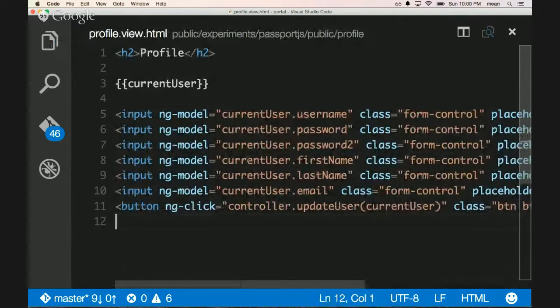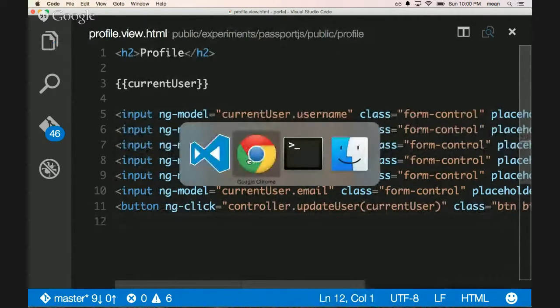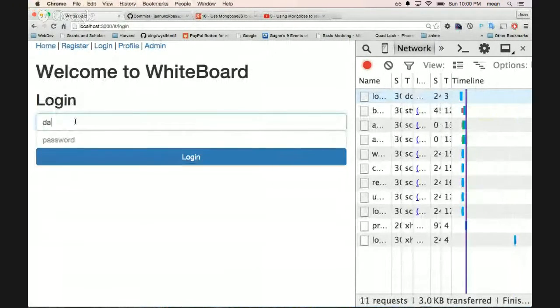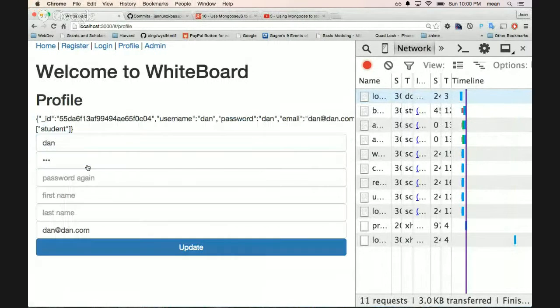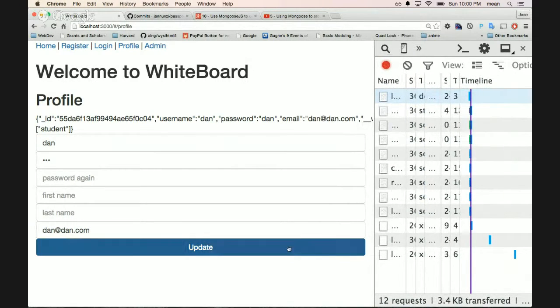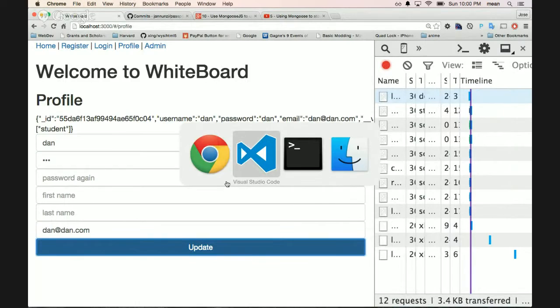Yeah, so if we refresh the page, and we actually log in, we say Dan, we have the information, right? We have Dan's information, username, the password, we have his email. And we click on update. Right now, we don't have a controller for that. So let's create the controller for the profile page